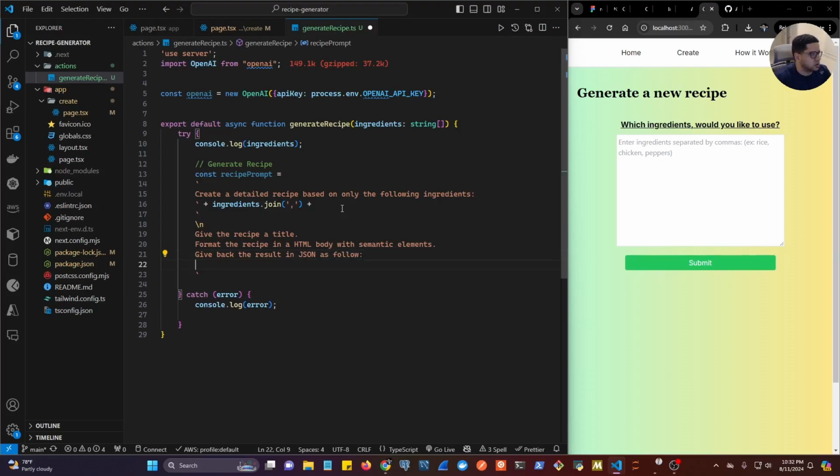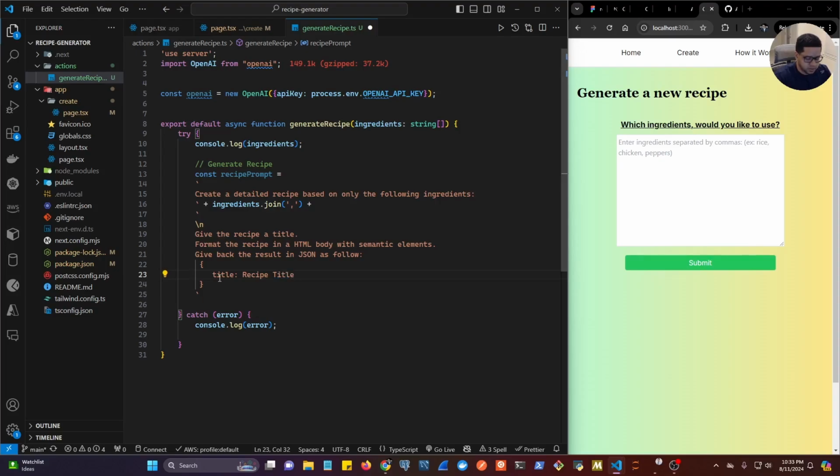This should work. So now we're going to provide the actual format that we want back. So we're telling the purpose, some more instructions in here, and then we're actually telling the model how we want the results formatted. So here we're going to give it curly brackets. This is our JSON object, and we want a property called title, which is going to have the recipe title,